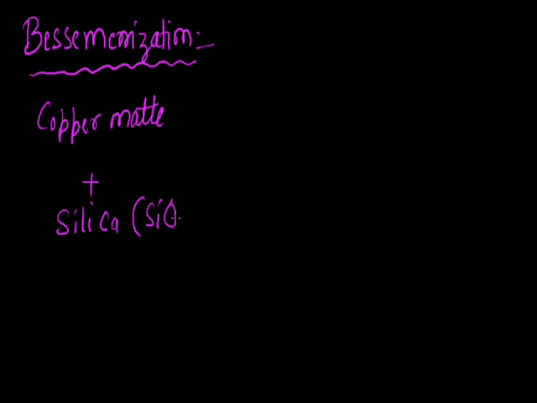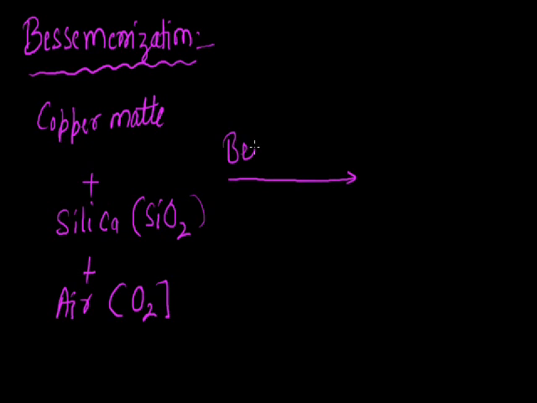Next process is Bessemerization. In this process we get metal from metal sulfides. In this process we use copper matte that is obtained from smelting, plus silica, that is SiO2, plus air which contains oxygen. And now we do Bessemerization,